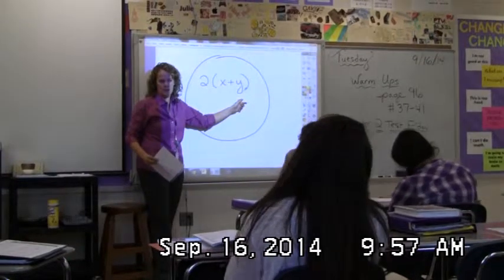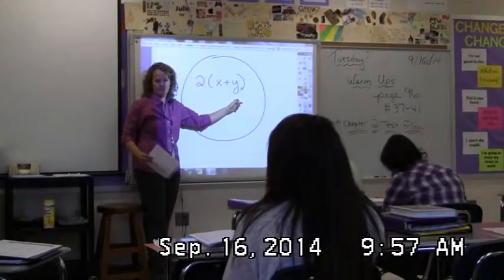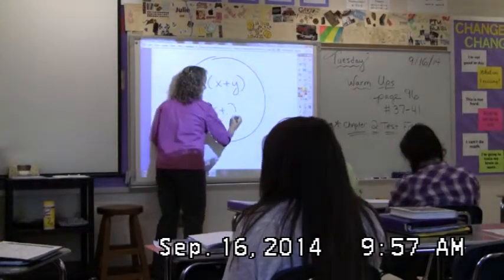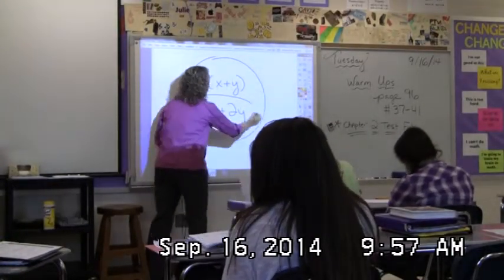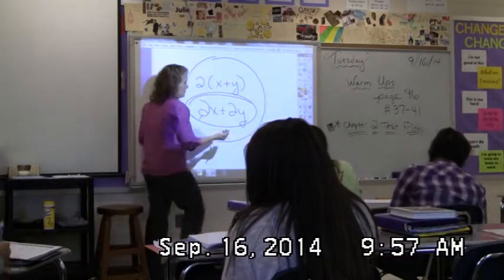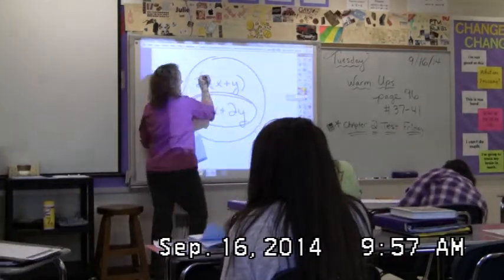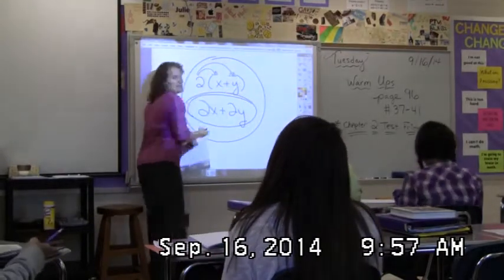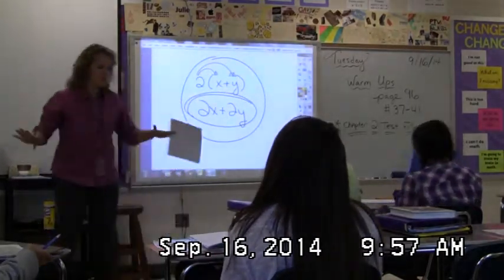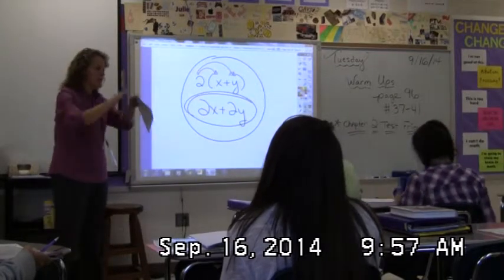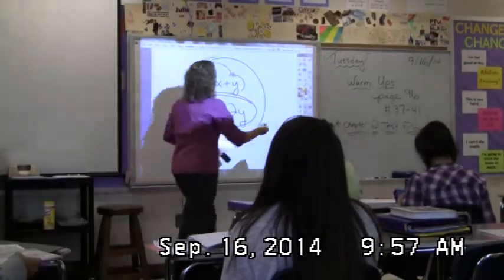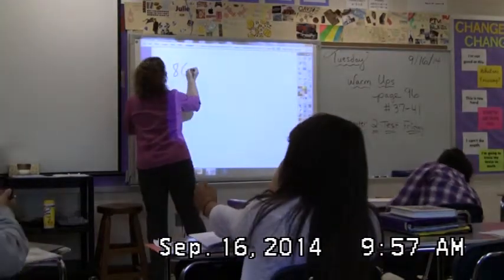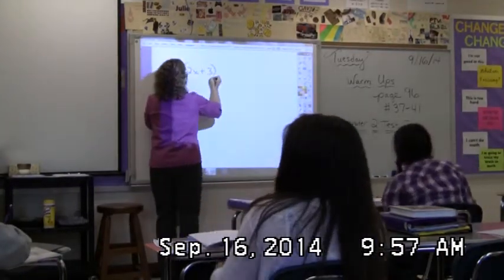Quantity. Amelia? 2x plus 2y, and that can't be simplified any further. What you're basically doing is taking this times the first term, and then this times the second term. So far, so good. All right, then in the next box, the example says 8 parentheses 2x plus 3 parentheses